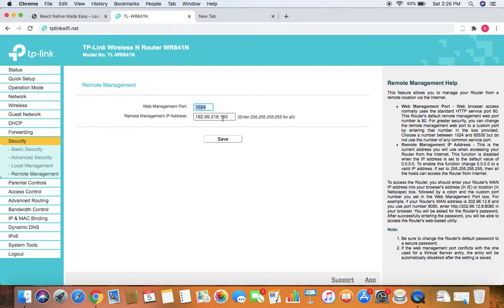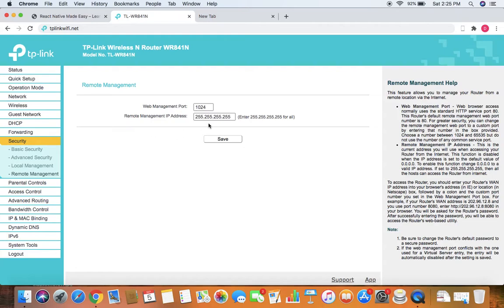But for that purpose, if you want to use dynamic DNS, then first we have to make some changes here also, that is in remote management. Here you can see we can enter a remote IP, a static IP, to access it remotely. But if we want to use dynamic DNS, or make this router accessible using any IP other than a specific IP, then we have to make this IP address 255.255.255.255, four times.